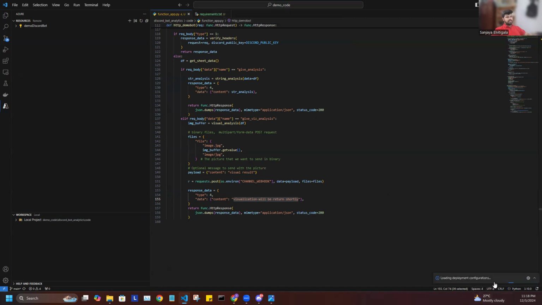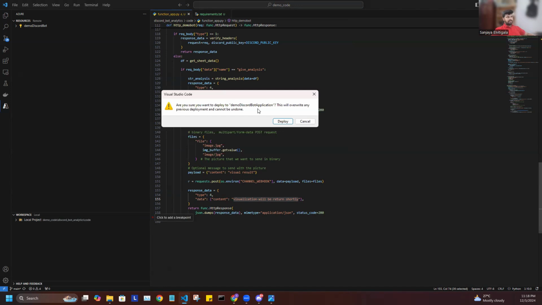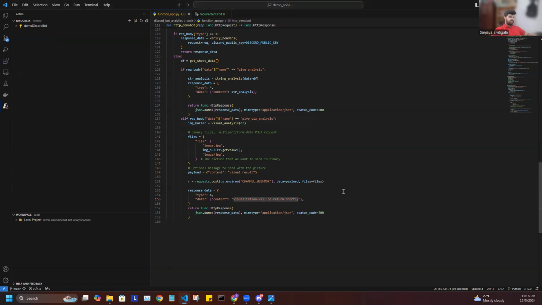Then it will give you a prompt saying that everything that is already there will be overwritten, basically it will overwrite everything from what you have right now. So you can just click on deploy,